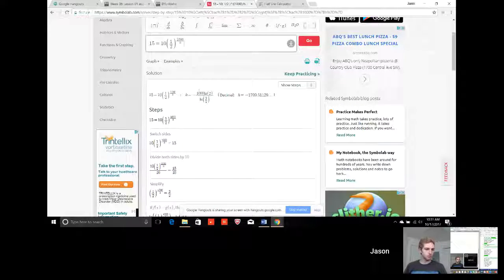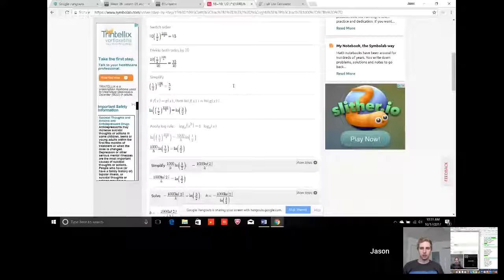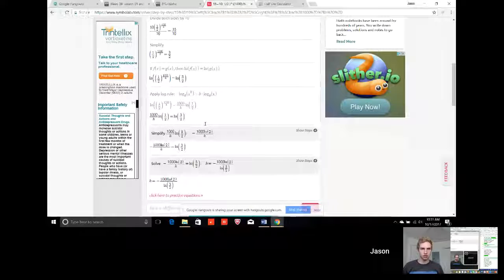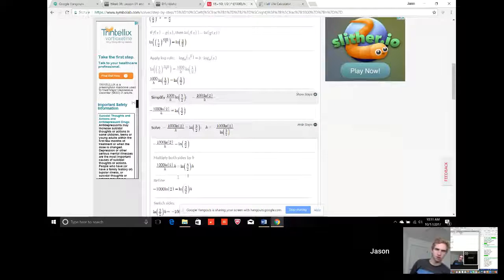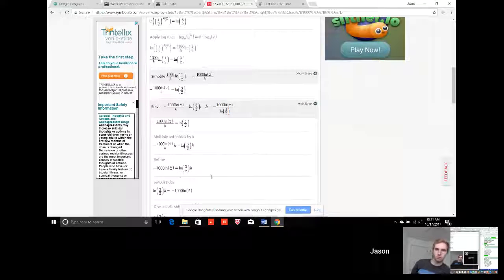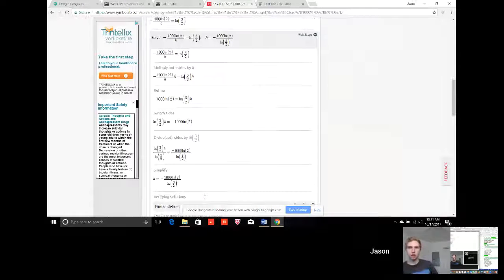We did everything right, though. We've got all this right. Except they didn't do the inverse natural log of 3/2. They just did the inverse natural log of 2. Yeah. But everything else we did right. There's a natural log. They simplified this by getting the inverse over h. And then they multiplied that over, I think. Multiply both sides by h, which we did. And then divide by the 3/2, which we did. Then when you simplified it,